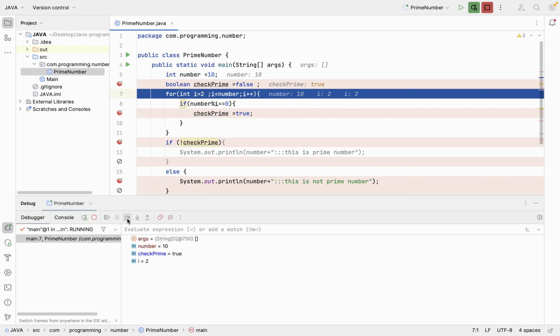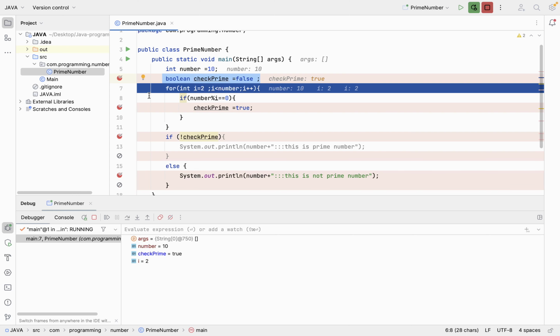Now if you check, the value has become true in the first condition only, that it is divided by 2. This was the first condition. So we have checked that the number is already not a prime number, then why are we iterating it a second time? This loop is again going and iterating, but we have already checked with 2. Now again it will check with 3, 4, 5 and 10 like that. So we are making 3 more iterations, right? Why are we iterating when we have already checked when the number was 2, and it was divided completely?